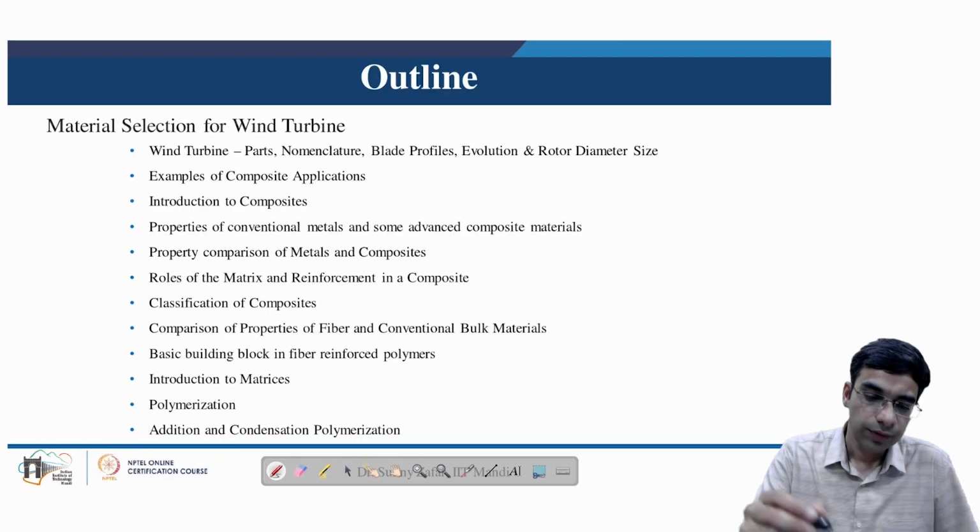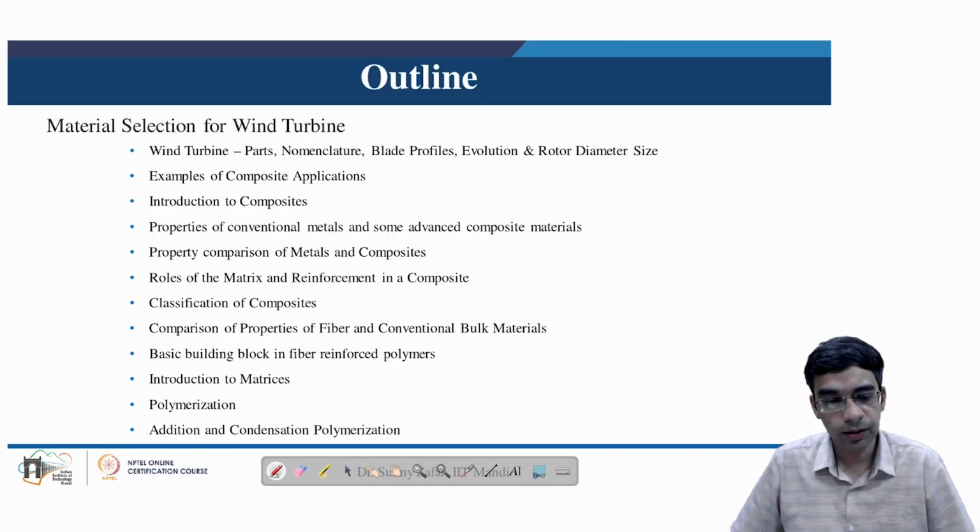So the outline of this particular lesson will be as follows, where first we will discuss the wind turbine, parts of the wind turbine, nomenclature, their blade profile, evolution, how the rotor diameter size has increased. Then we will move on to the materials which are used in the wind turbine, which are of course the composite materials. We will look at introduction to composites, properties, how composites compare with conventional metals, and the comparison of